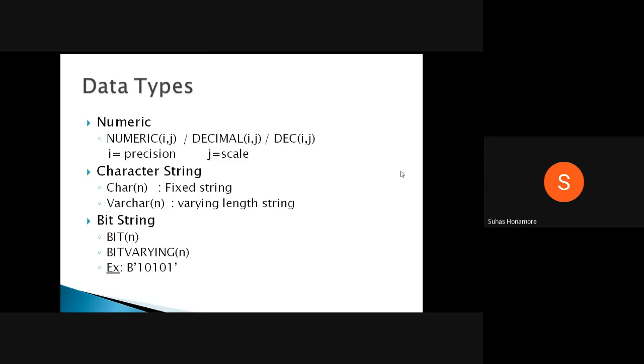By default it can take 38 digits. In our system, Oracle 11G, whatever you are using, if I use int, it will take 38 digits. So any number which can fit in 38 digits, it will take. Above that, Oracle 11G software does not support. Maybe in Oracle 19C, the digit limit changes, so it can take 50 digits like that. Depending on the software, it is modified. That is nothing but the precision value.